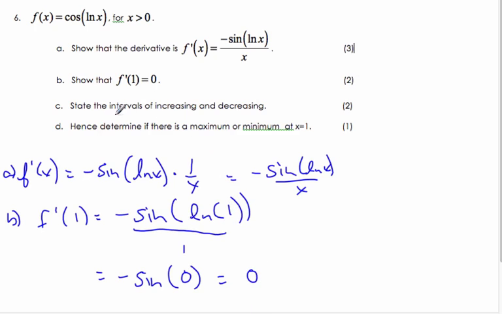Then it says state the intervals of increasing and decreasing. Well, I know that x has to be bigger than 0. And so I'm going to make a sign chart here. Here is, I start at 0. At 1, there is 0, and this is my derivative, and this is my function. So if I look at numbers that are bigger than 1, so let's say, oh,